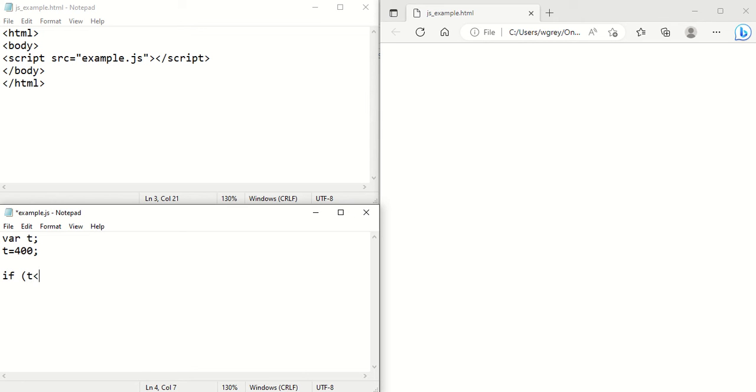So we use relational and Boolean operators here. So the time is less than 300 hours. And so this is a Boolean operator for and. So that's what those two ands there represent, the Boolean operator for and. Then we do t is, so that needs to be, so t is greater than or equal to 300 and t is less than 1200. We're going to do document dot write good morning,